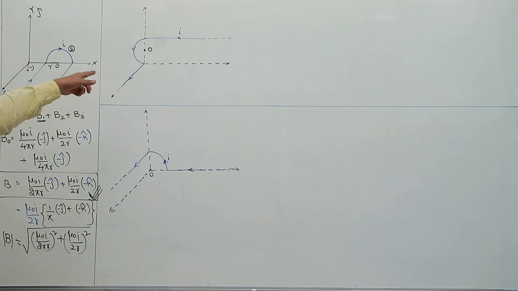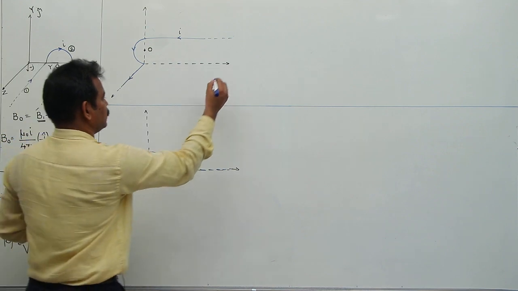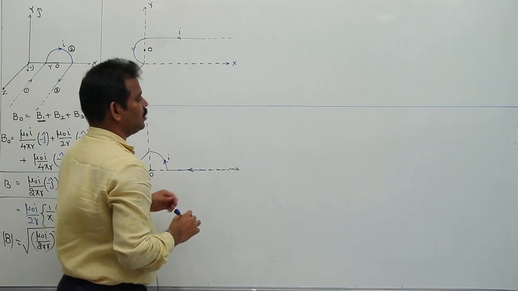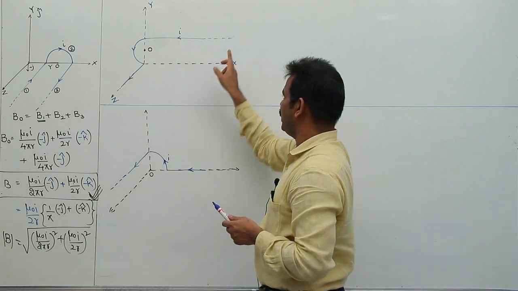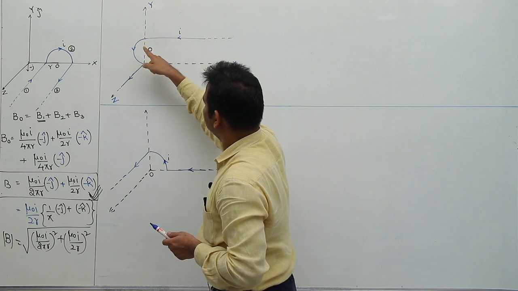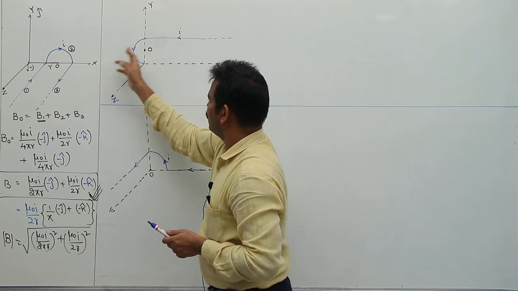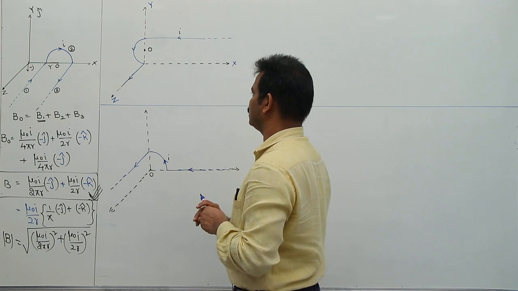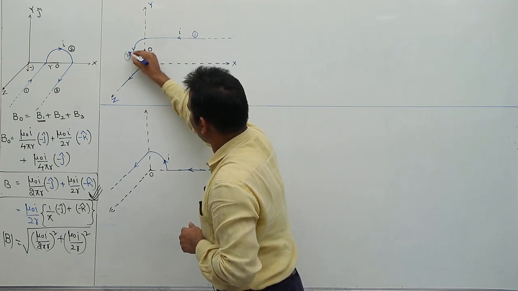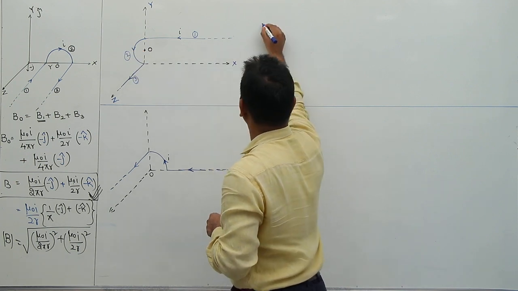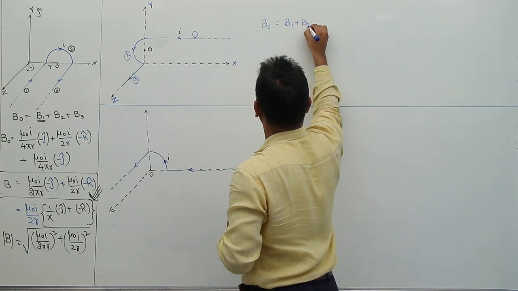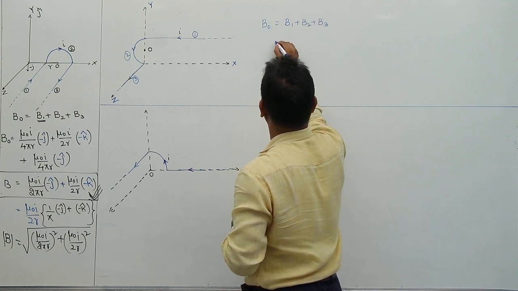Now, in the second problem, similar to this one, this is x-axis, this is y-axis, this is z-axis. A wire is bent like this, an infinite wire, so it is going like this, parallel to the x-axis, then this is in the x-y plane only, then this wire is along the z-axis. So first, once again, let me divide this into part 1, part 2, part 3. So the magnetic field at center O is given by the sum of the magnetic fields, that is B1, B2, B3.